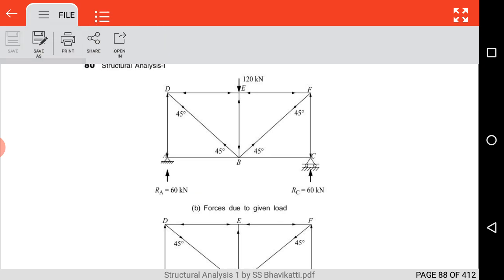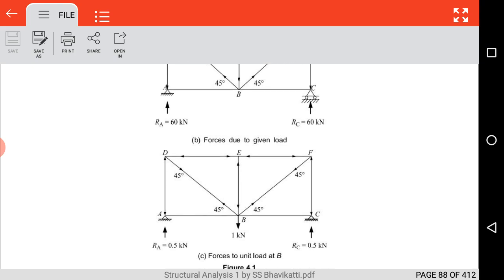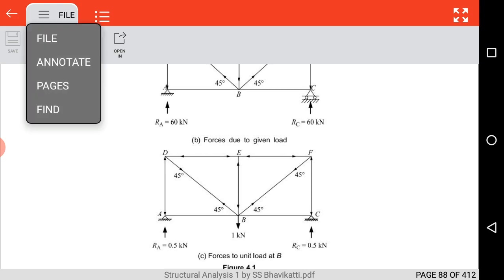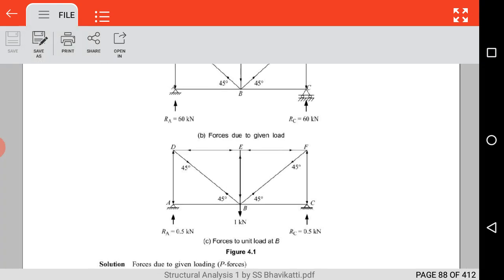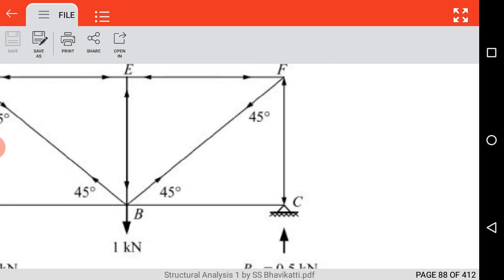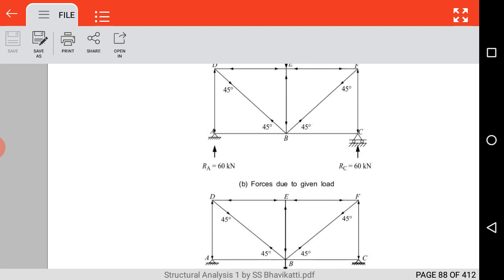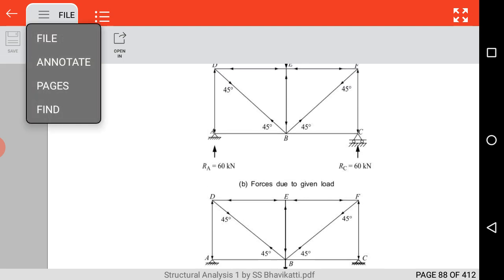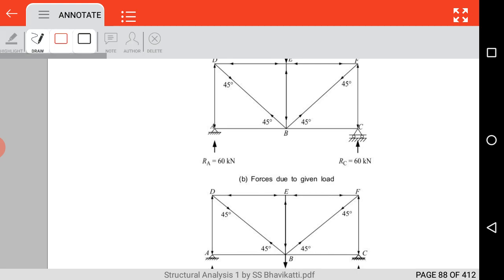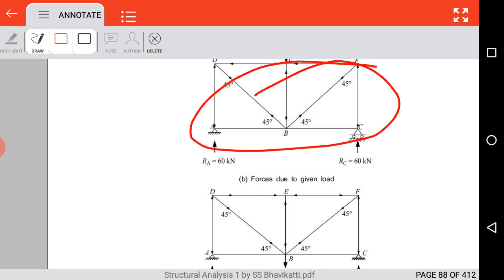So we have calculated our reactions, and we are required to calculate the displacement at the point B. So here we will be applying our unit force, 1 kilonewton force. From the first figure we will be calculating the